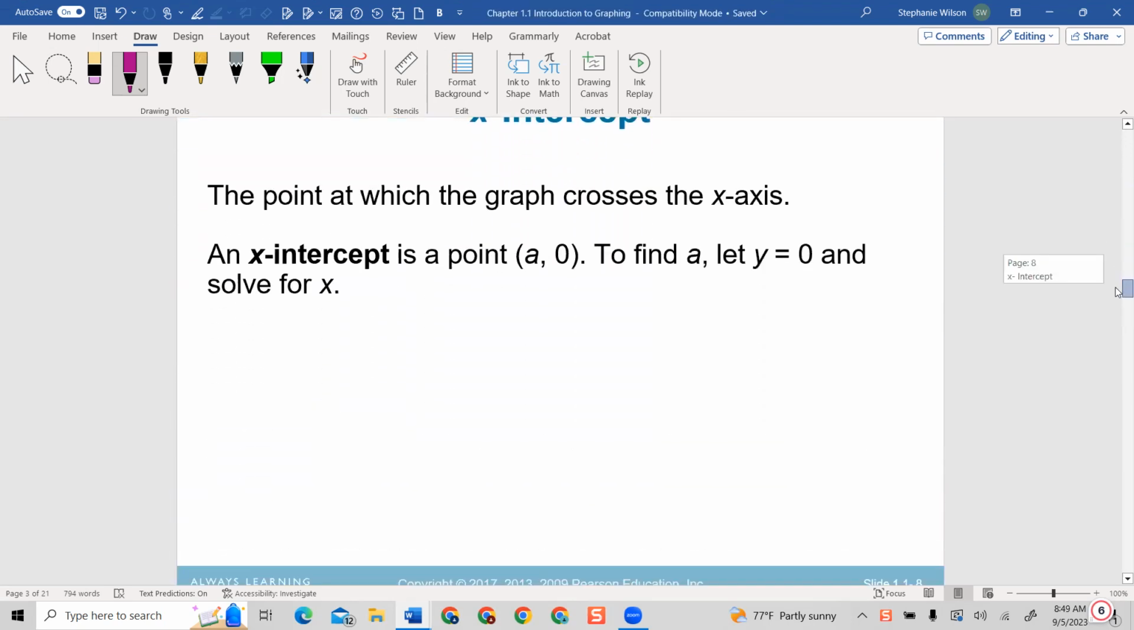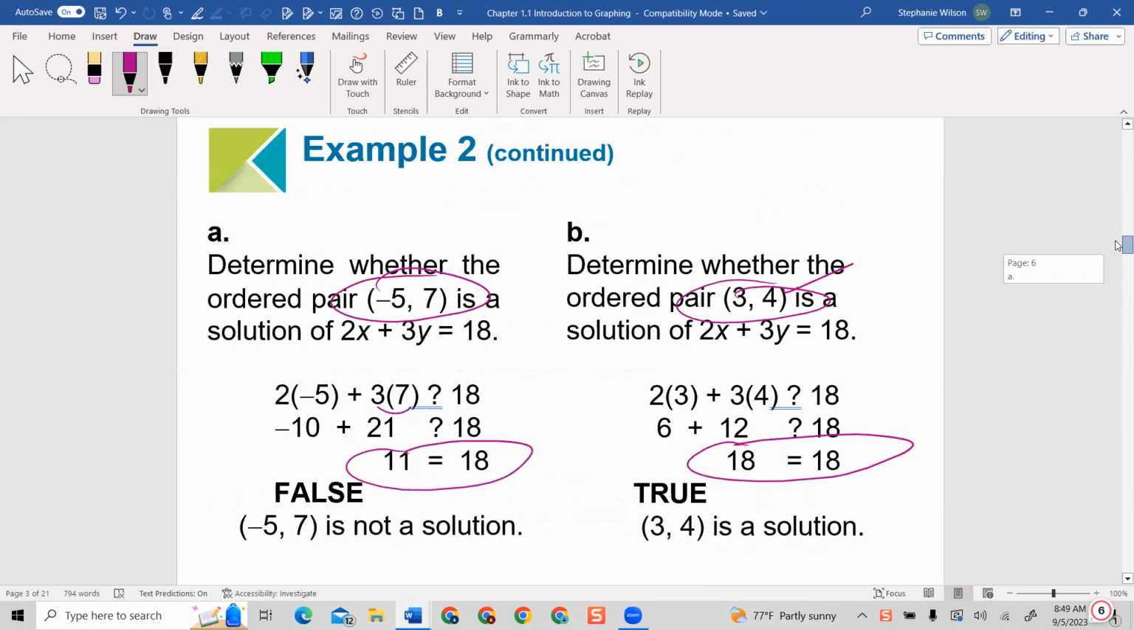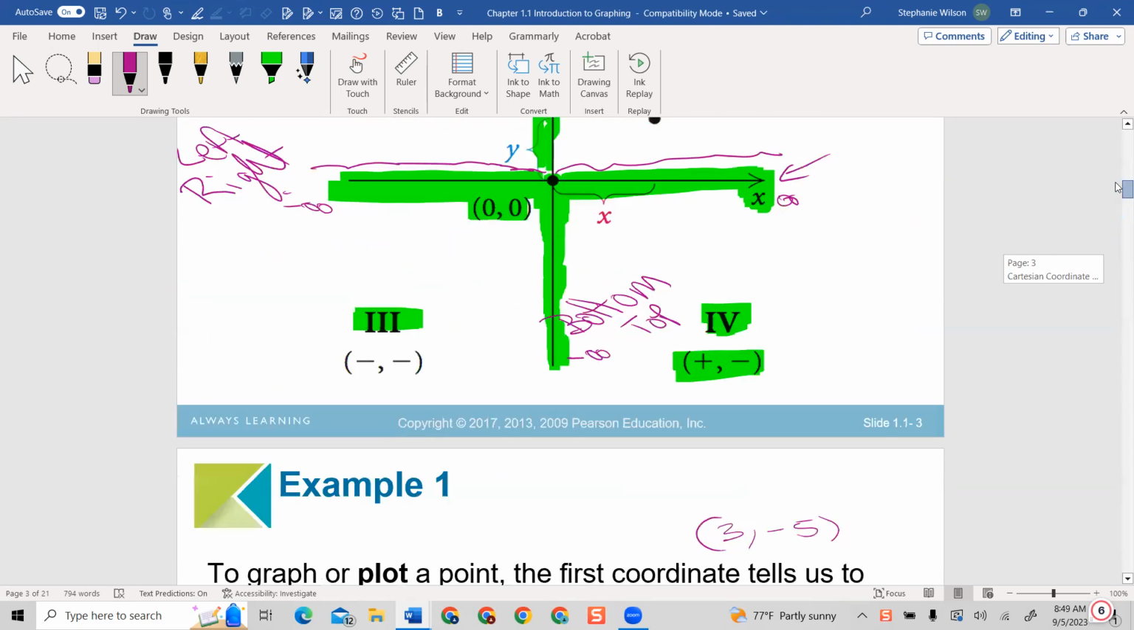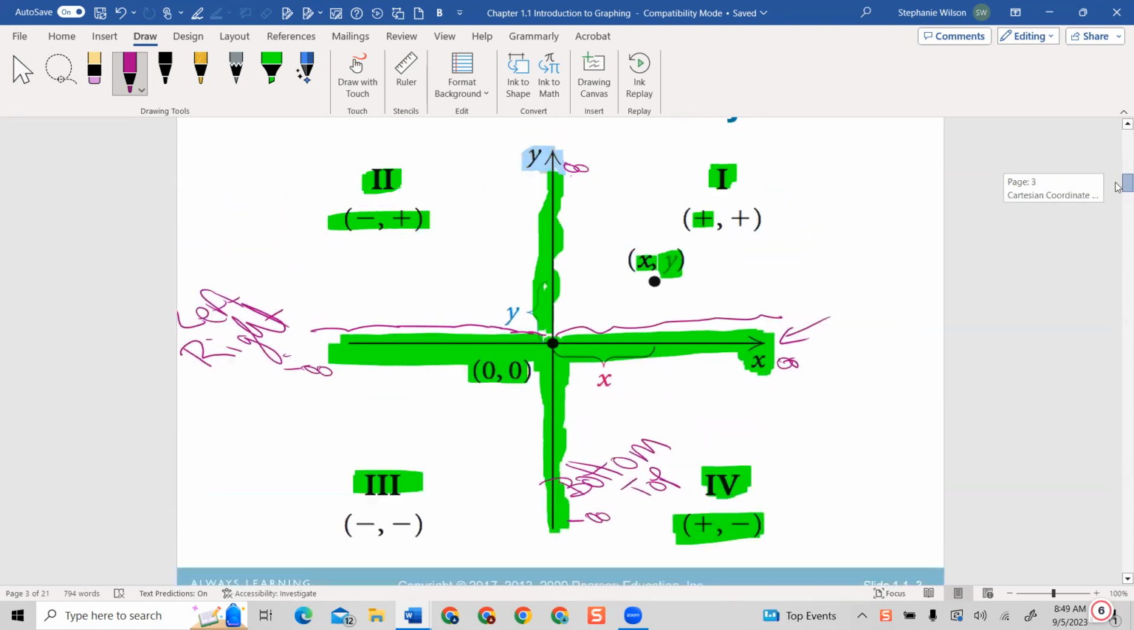Now, we're going to talk about our x-intercepts. I want to go back to this graph just for a moment. Whenever we talk about our x-intercepts, basically it's saying that we are crossing the x-axis somewhere on it. Whenever you cross the x-axis, the x is going to be some number, but y is always going to be